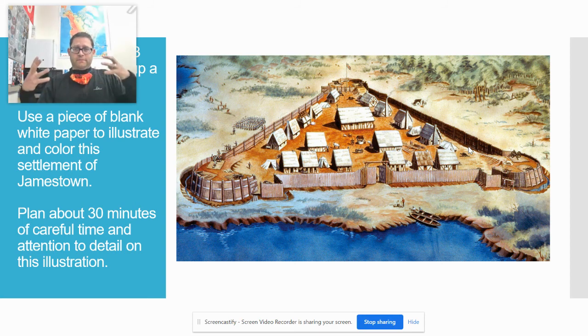So go ahead and pause, spend some time. I'd love to get up and walk around and see some of your beautiful illustrations. And when you're done, you're going to do the same thing that you do with a map. You're going to fold it in half, and you're going to tape one side of it on the inside of your next blank page so that it will fold open outward, so that it makes your journal look longer when you open and look at it. So pause, do that, and I'm going to move on.